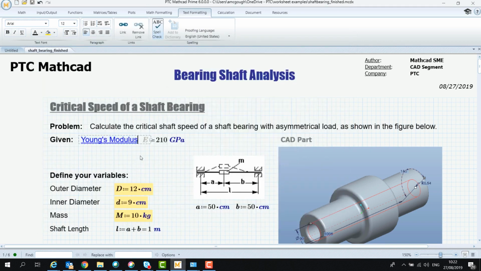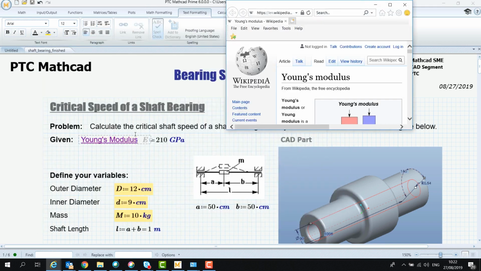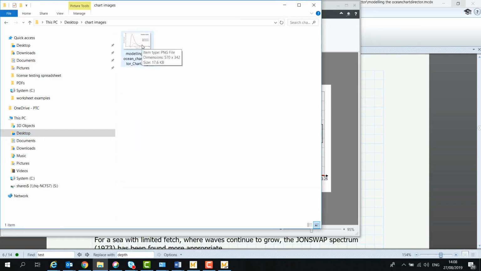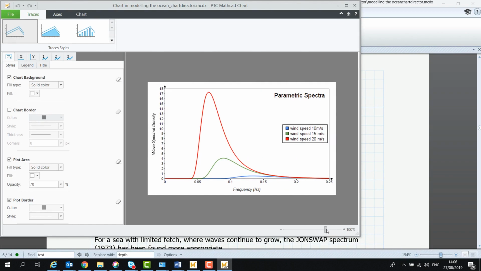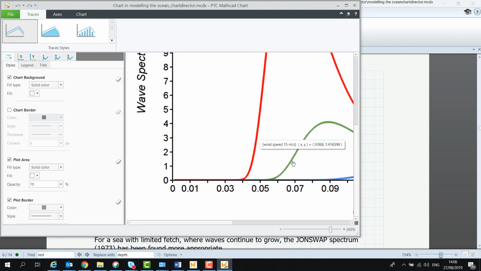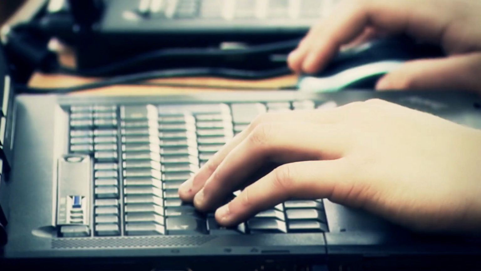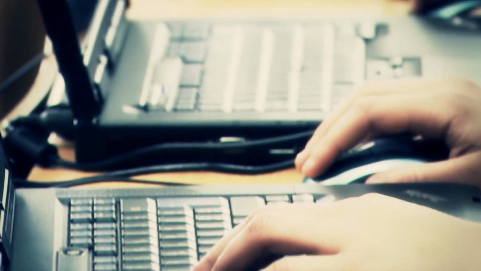of identifiers. And you also have more 2D chart app options to use, from exporting your plot as an image file to zooming in and out of your plot within the chart application. Lastly, we've introduced a new symbolic engine in this release alongside the original symbolic engine, so you can transition at your own pace. Mathcad Prime 6.0 features key new enhancements to help improve productivity and overall usability, making your job